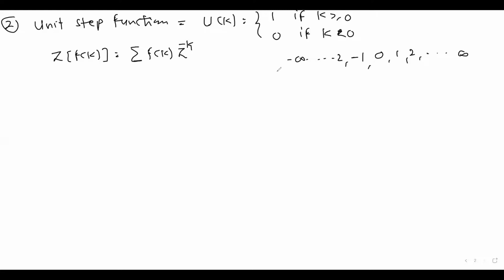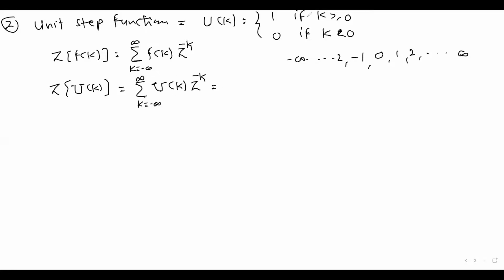So this is the domain of the problem. Okay, so we write the problem in this form. The domain is k from minus infinity to plus infinity. Now put the value of f of k, that is, the Z transform of f of k is u of k, equal to, now we divide the domain. First we write u of k, then we divide u of k Z raised to minus k, and k is running from minus infinity to plus infinity.